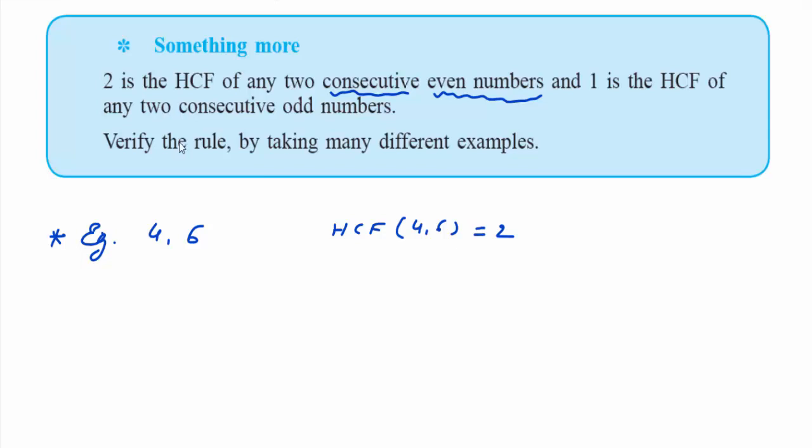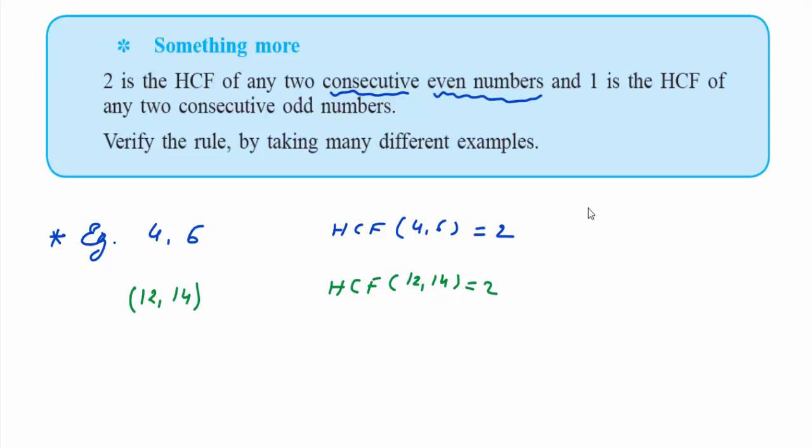Let's take the other example. आप दूसरे examples लेके verify कर सकते. For example, let's take 12 and 14. After 12, which even number we have? We have 14, an even number. So HCF of 12 and 14, directly we have to write down 2 because the statement is given that 2 is the HCF of any two consecutive even numbers. Student, any two consecutive होना चाहिए. ऐसा नहीं कि 12 के बाद आपने 16 लिखा तो उसका highest common factor 2 रहेगा. नहीं, वो रॉन्ग हो जाएगा.